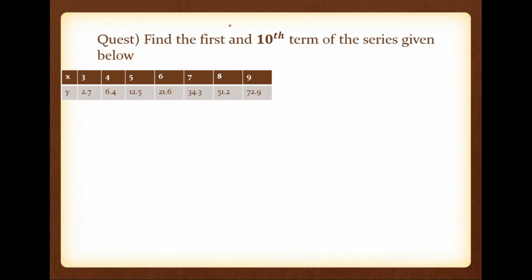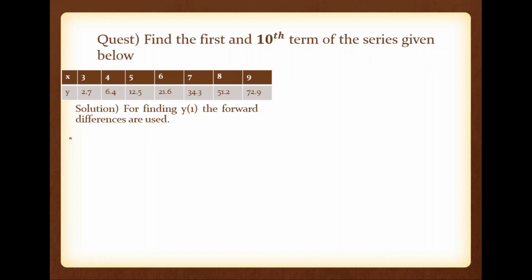So I told you here a mistake is you are asked to find y of 1 and y of 10. So now you already have y of 10. Y of 10 is 100. So now we are going to find y of 1. So for finding y of 1, use the forward difference table. We have to use forward difference table.